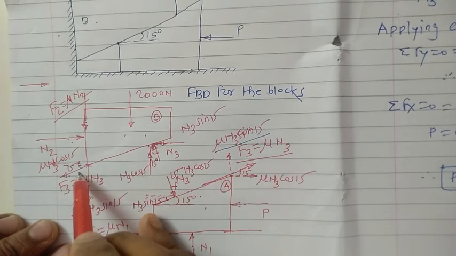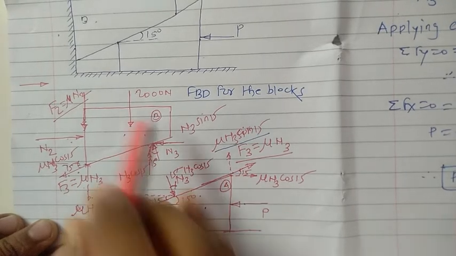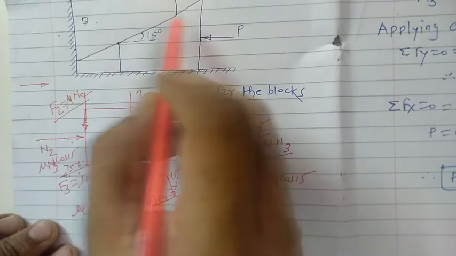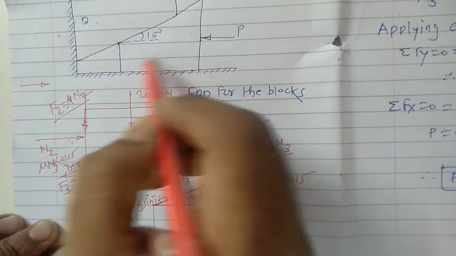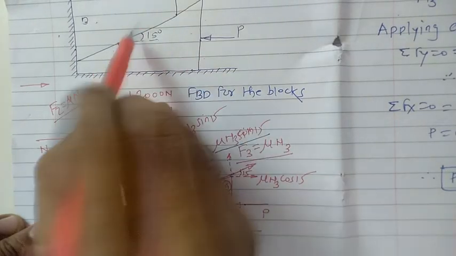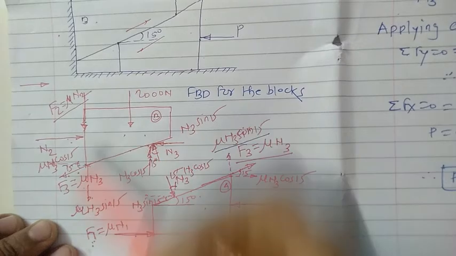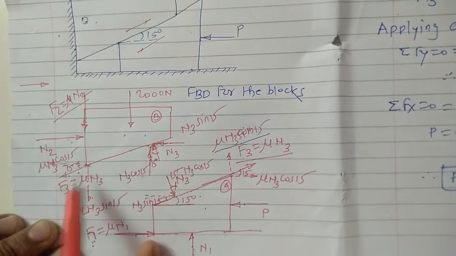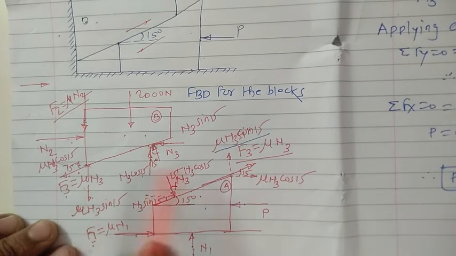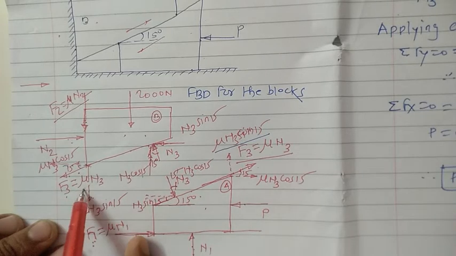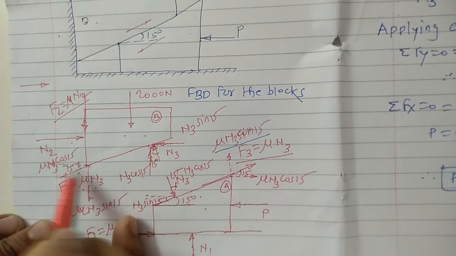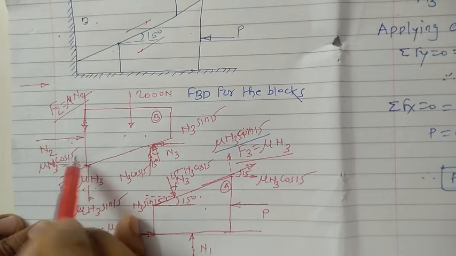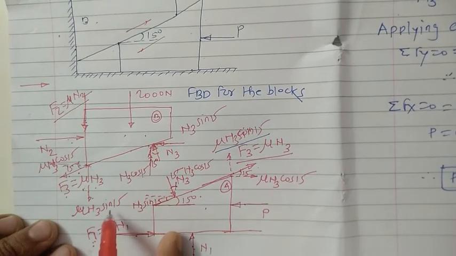Now if you focus here, the opposite of this one we can get the same force, F3, mu into N3, because both surfaces move in the opposite direction. This block moves towards this direction, which means this surface and this surface move in the opposite direction with respect to each other. That's why F3 comes exactly in the opposite direction of this one, and the magnitude of this one also remains the same, mu into N3. Here this force indicates the inclined force. Now resolve this force: mu into N3 cos 15 and mu into N3 sin 15. In this way you have to resolve it.